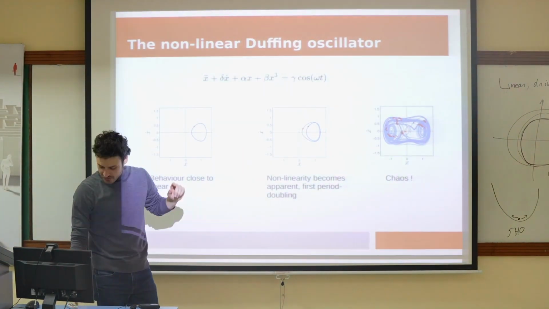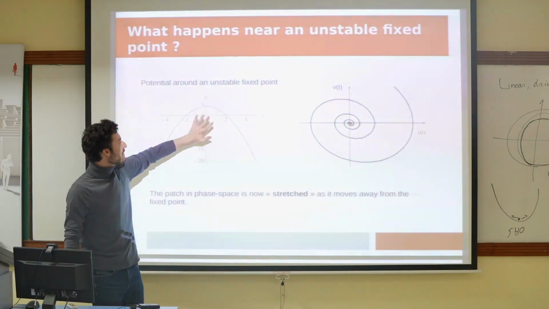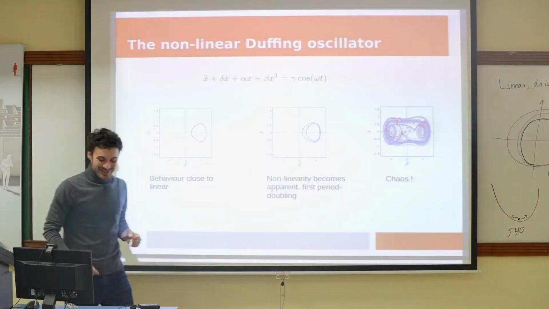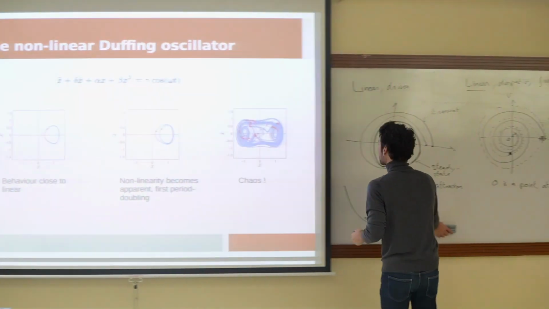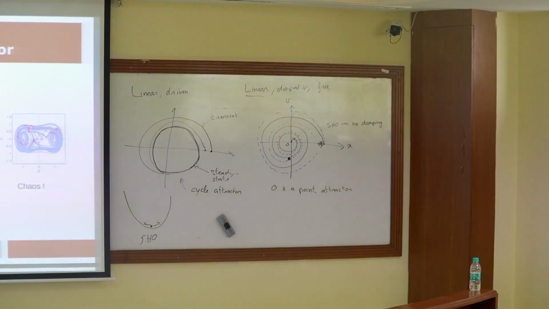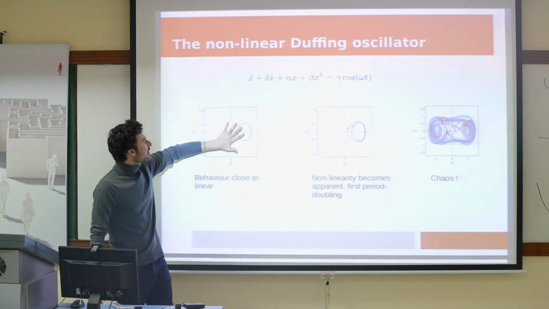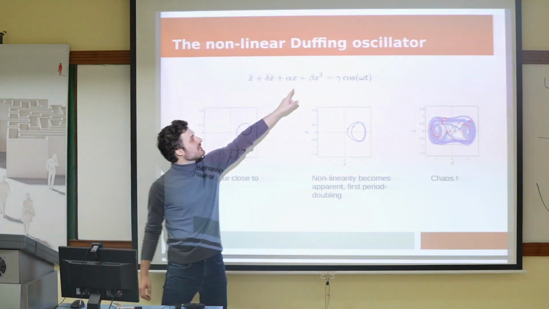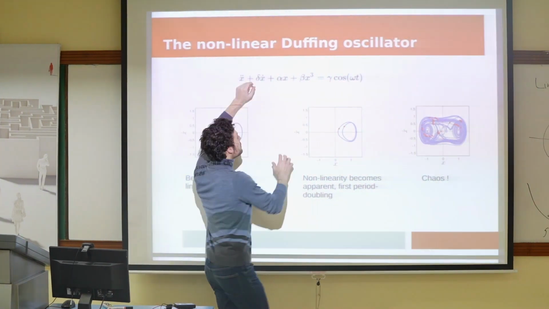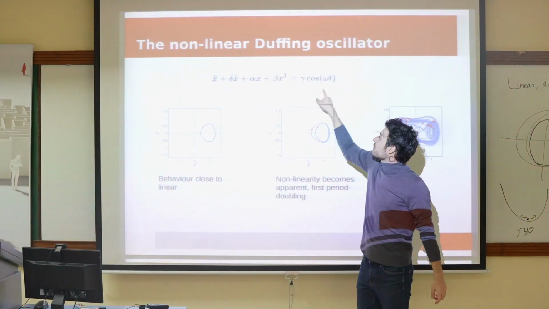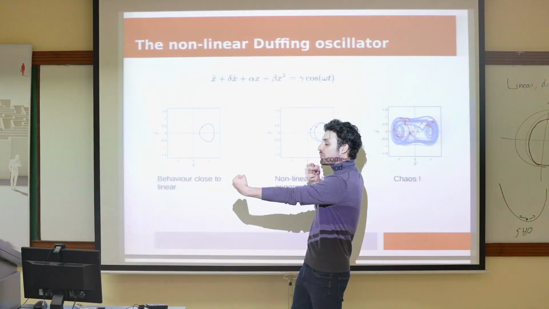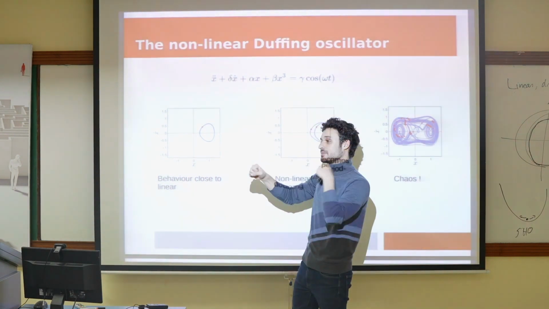so we can now have a look. What we've seen so far, these are all linear things, right? This is unstable, but it's still linear. Now we can look at what happens with our good friend, the Duffing oscillator. This one is nonlinear, meaning that it's not actually going to respond proportionally to the driving force. Initially it kind of does behave linearly, because this term is the nonlinear term, the x cubed term, and all the other ones are linear. So all the nonlinearity is here. This is the driving force, this is damping, this is friction, this is the linear spring term, and this is just the acceleration of the system.